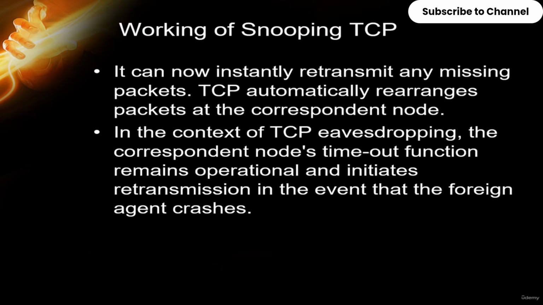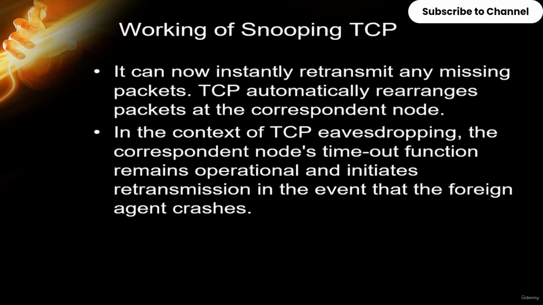So, and further, with TCP, if any packets are missing, the TCP automatically rearranges the packets for the corresponding node. As we already saw, there is a sequence number. Based on the sequence number, the packets are transferred. So the TCP automatically rearranges the packets where the nodes need to receive them. And eavesdropping is a big issue with packets, where people can tamper with the information, and the corresponding node's timeout function